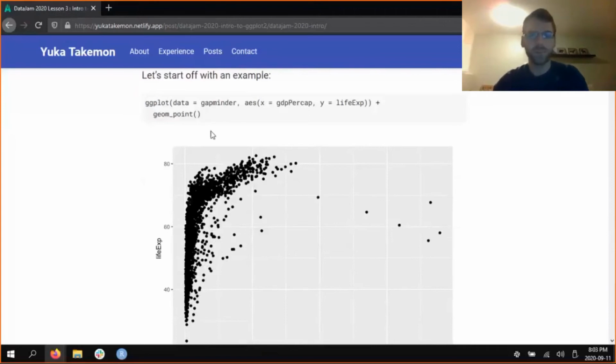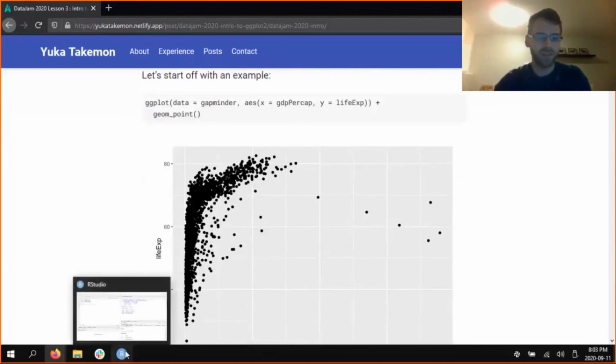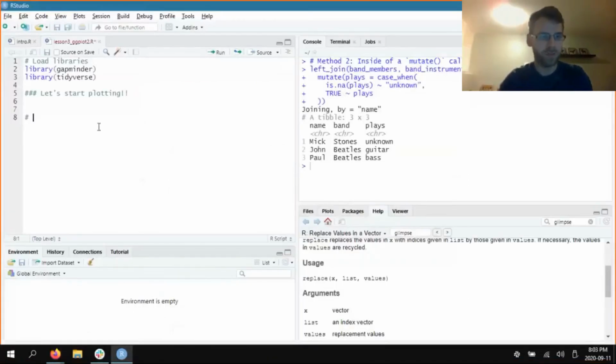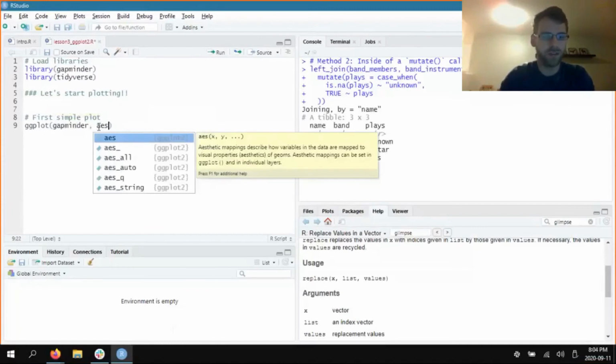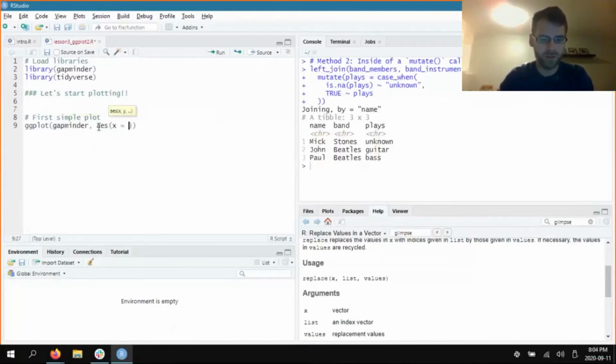So I'm going to switch back over to RStudio here. So we're doing GDP per capita and life expectancy. First, we're going to start with the ggplot function. And then the first thing we need is our data, which is gapminder. And then to specify our X and Y axes, we need to put them inside of the aes, or aesthetics, function. So we can say x equals,